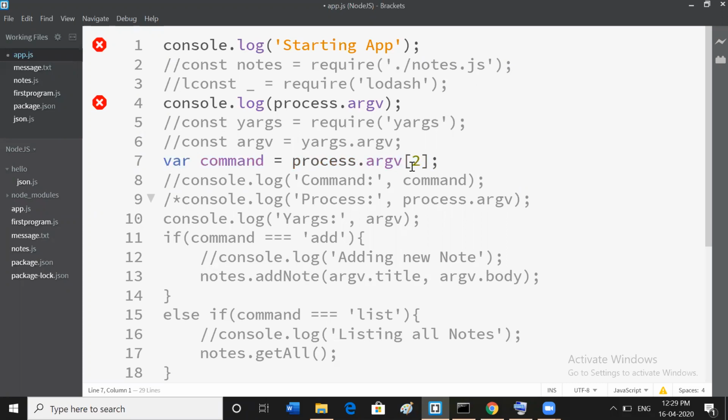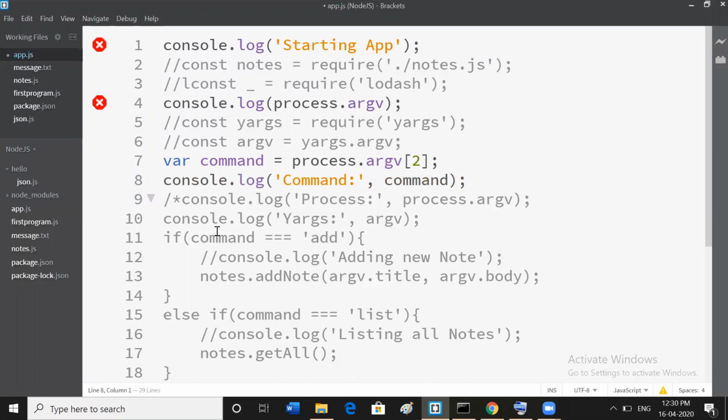For that I give the index position 2 of the argument vector, that is 0, 1, 2, taken through the process object, and it is assigned to command. Then I print it with console.log command, and the result of command is printed on the console.